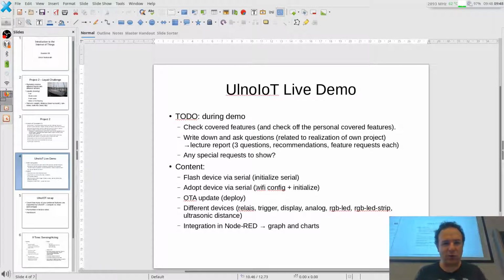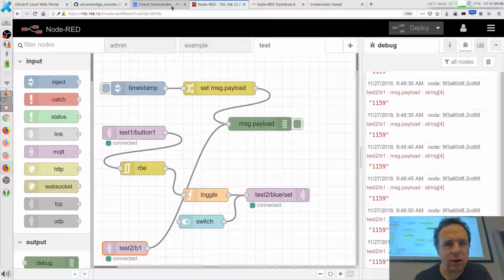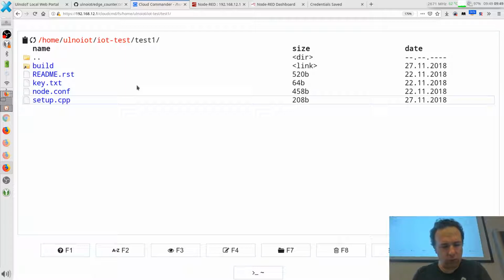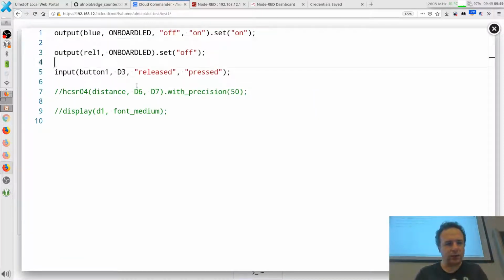But let's first do the display and send something to the display. This display is wired to normal I2C, and let's check out here test 1, because I think I prepared this already. See, there's actually the display,